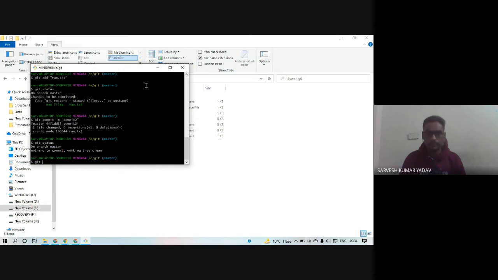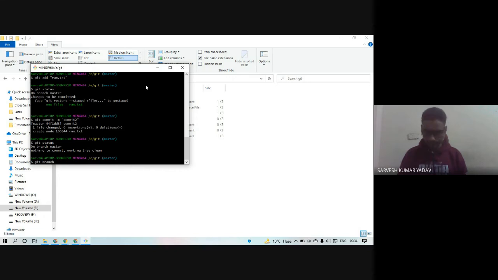So we want to work separately. We can create a new branch with git branch, which is like a clone of our master branch, and all files will be present there. We can work separately on all those files.